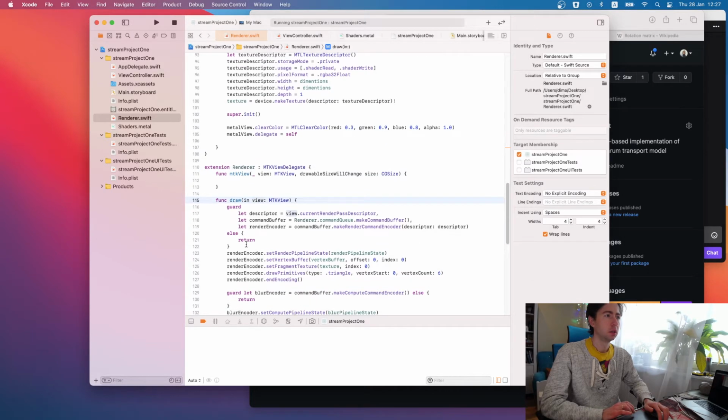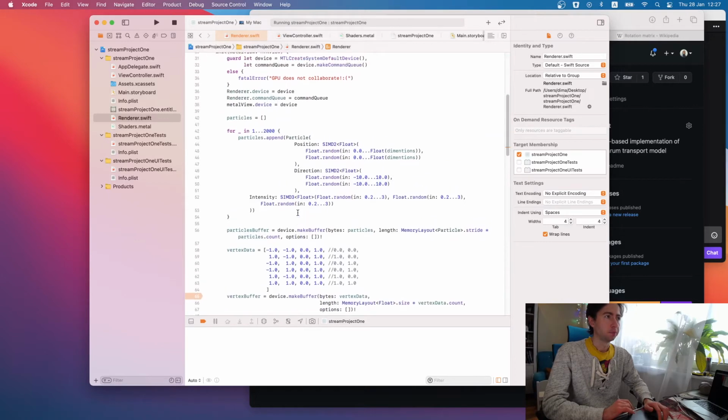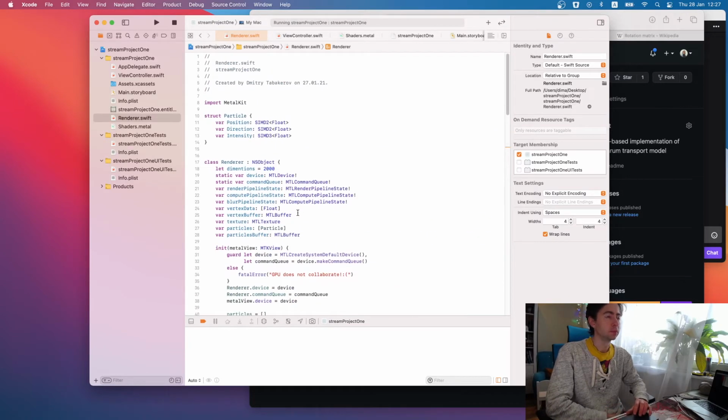Okay. Drawable size will change. We need to hook up this thing as well, but those are details. Let's stick to the main topic.